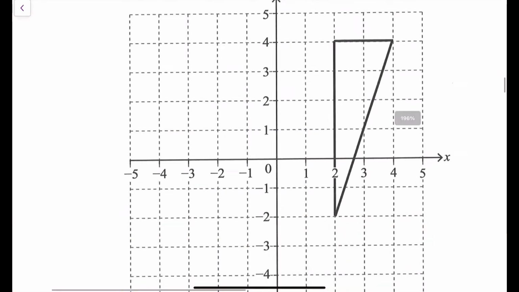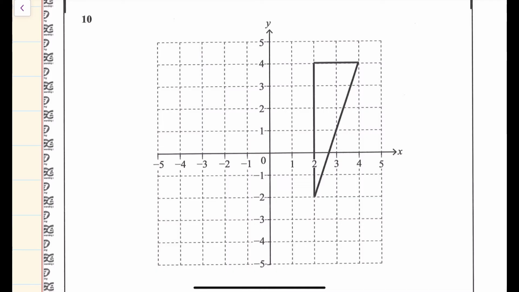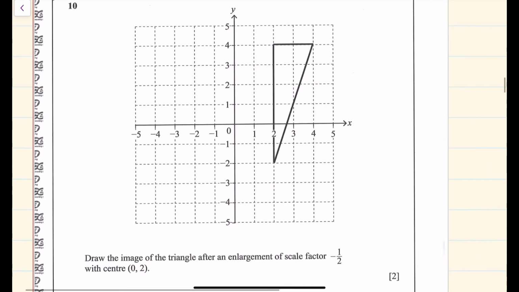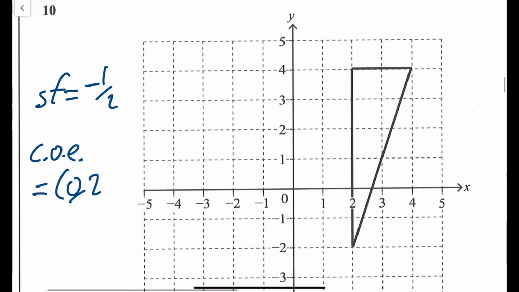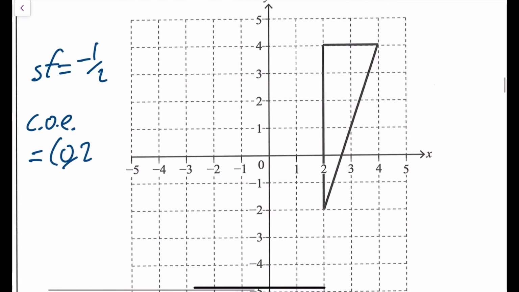Okay, the next one's difficult for me to show on this. What you're to do is draw the image of the triangle after an enlargement. Let me just write this in. Scale factor equal to minus a half, and my centre of enlargement is (0, 2). Should have written that somewhere else so I can actually see it. Okay, so (0, 2) is